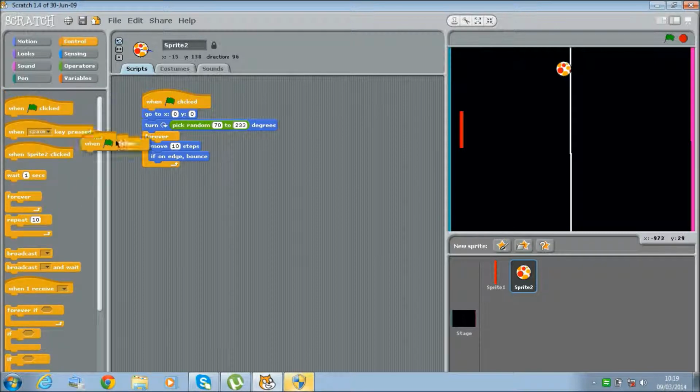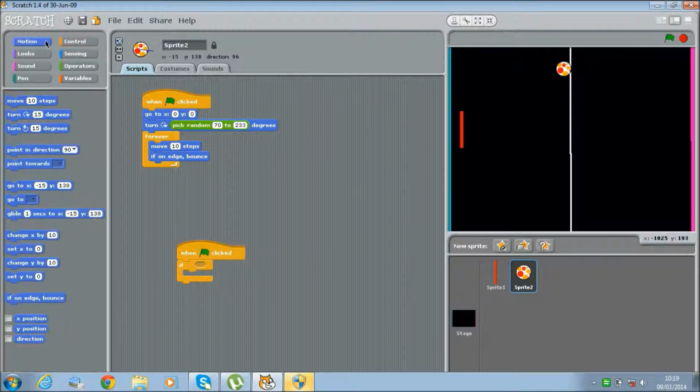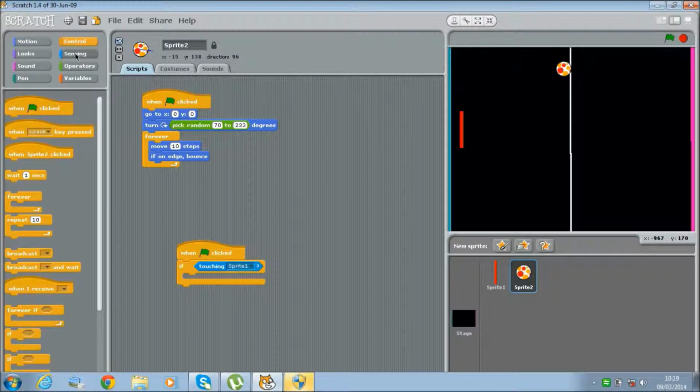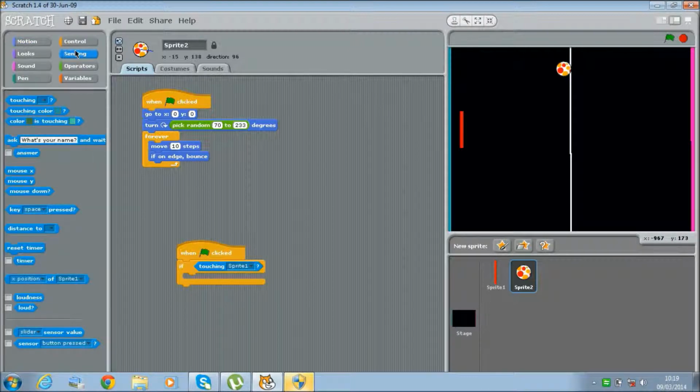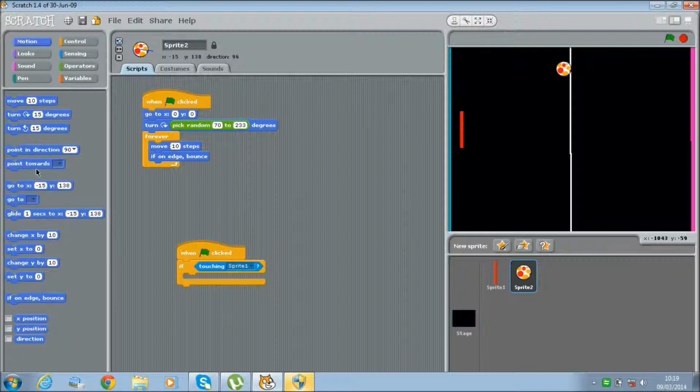When green flag starts, if sensing, touching, sprite 1, we can say move back. So that would be motion,